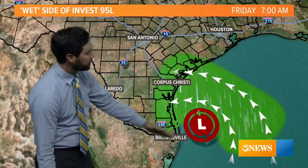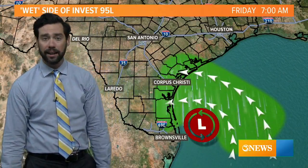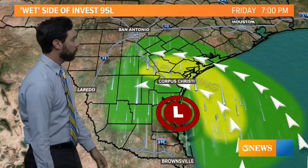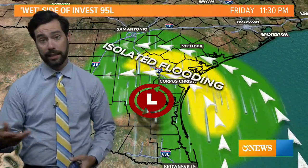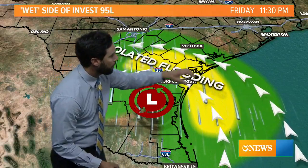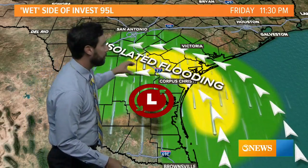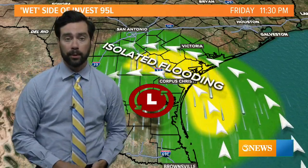So we're on the northern side of this thing here in the coastal bend. That's typically the more active side when you're talking about tropical systems. So we're going to be on the wet, active side of this thing as it starts to move in. And what'll start happening into the afternoon and evening hours of Friday and into the early morning hours of Saturday is we'll start to see these bands of heavy rain line up, coming in, being drawn in by this low pressure feature, and it's going to set up for rounds of heavy rain wherever those bands of tropical downpours set